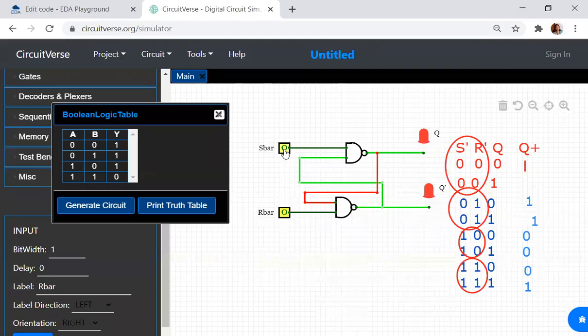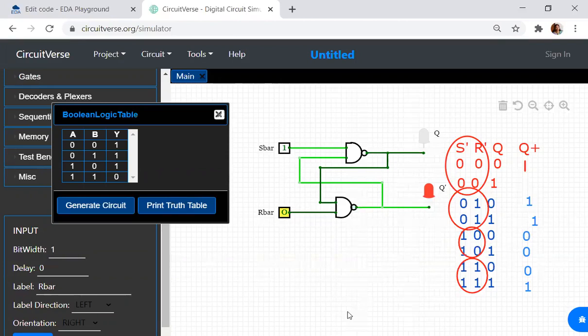When I give a combination of 1 and 0, S bar is 1, R bar is 0. So when it is 1 and 0, what is happening to Q? Q is equal to 0. Q bar will be not of Q, so it will be 1. Now when I make this as 0 and 1, what happens? When I give the combination as 1, 0, we can see that Q is equal to 0. For 1, 0, Q will be equal to 0.